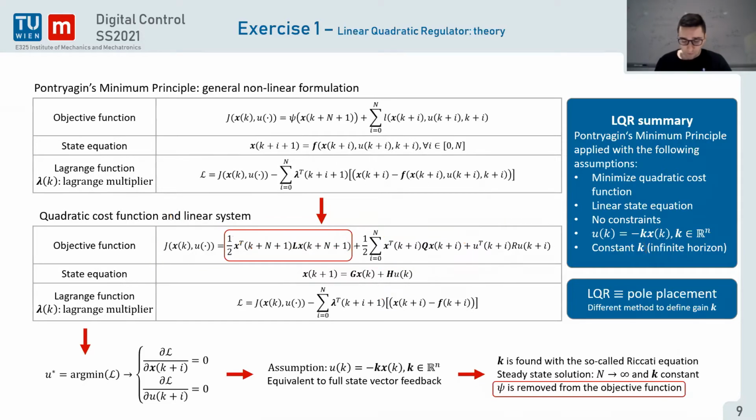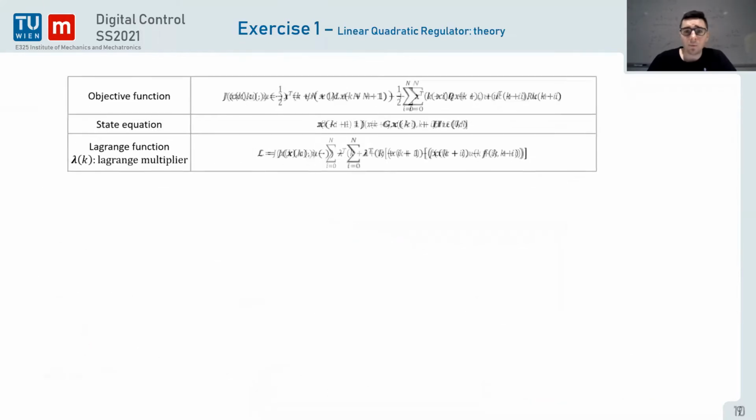This is the most important thing you have to understand today. If you understand this, basically everything else will look really, really simple. You really have to understand that we're minimizing the reference tracking and the input effort, that everything is a quadratic cost function, linear state equation, there are no constraints, and we take u equal minus kx, that is probably not optimal but close to optimality, and k is constant. So now if we move on,